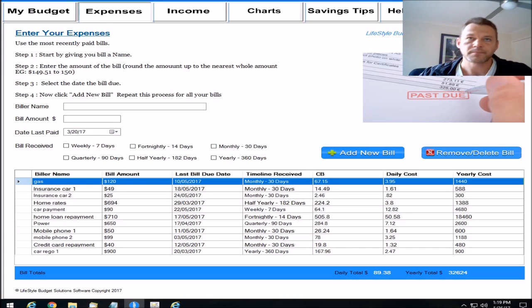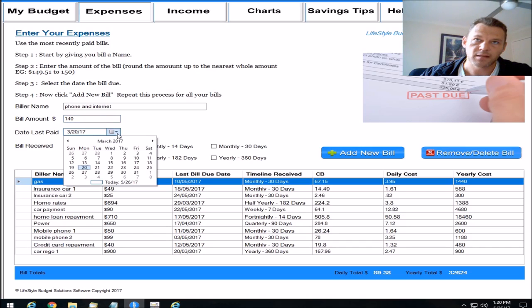So let's jump in. We start on the expenses page. All you've got to simply do is, as you can see here, I've already entered a bunch of bills. We're just going to enter a few more, and we'll just start, say, with the home phone and internet. So you give it a name, and from there you just go down and you put in the bill amount. Now this one's $139.80, so I'm just going to put in 140 just to round it up. And it's due on a monthly basis, and the last time